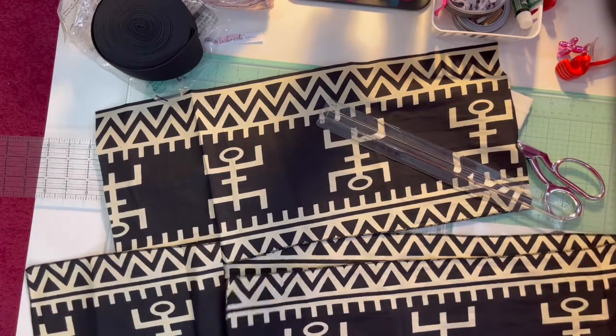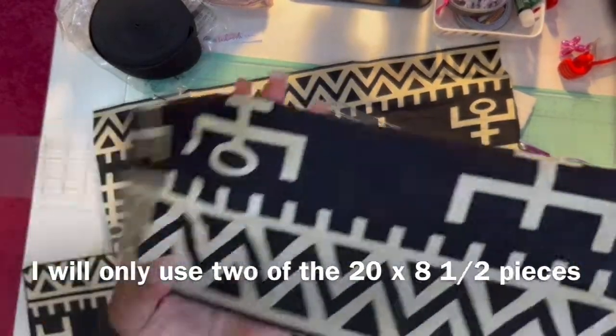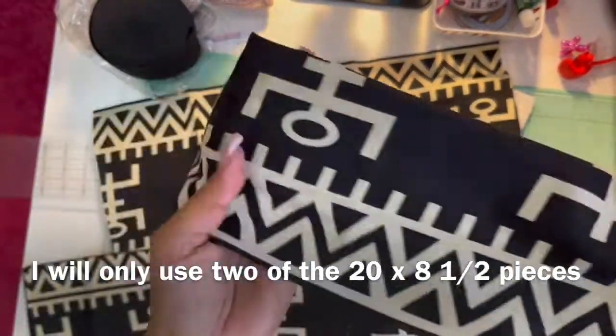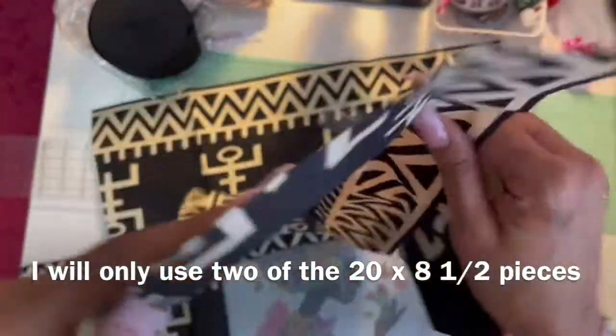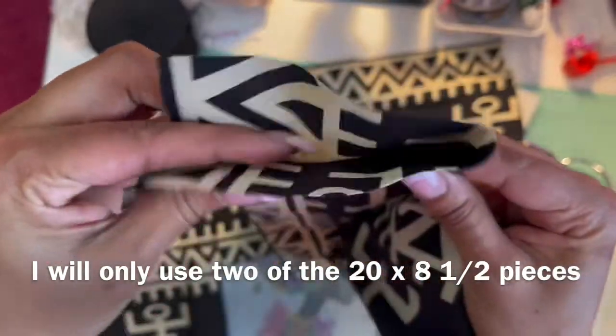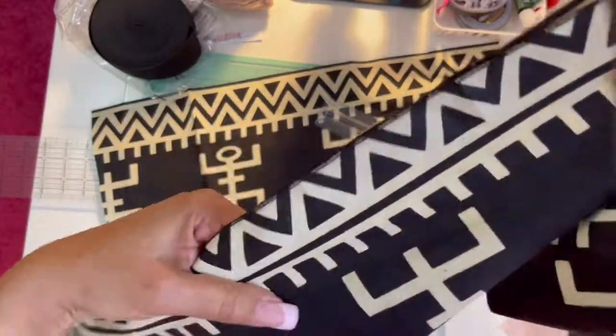So that being said, I've decided to modify it a bit because since my pieces are bigger, the concept is that I'm going to sew these together. Sew these and you fold it in half, inside out. And of course, once you sew the edges, you're going to then turn them inside out. And then the concept is,